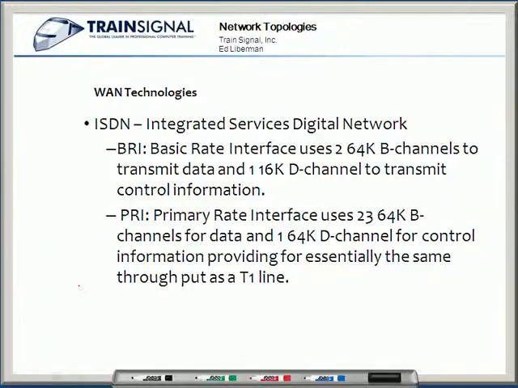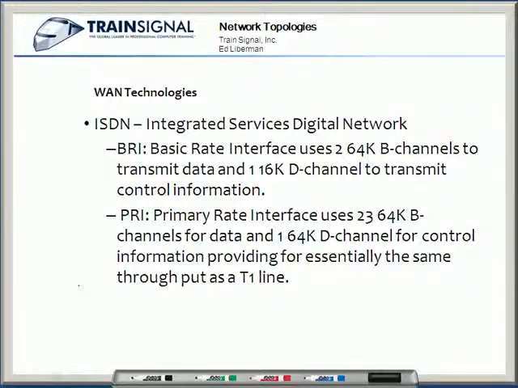Another option that we have, although somewhat out of date, is something called ISDN, Integrated Services Digital Network. Now, the main thing you need to know about ISDN is that there are two different flavors. There is basic rate ISDN, which uses two 64K B channels, which means you're going to get 128K of throughput on your data. And it also uses a 16K, what's called D channel or Delta channel, to transmit the control